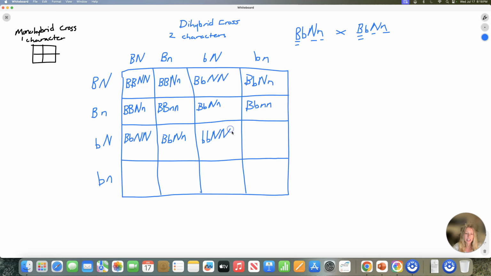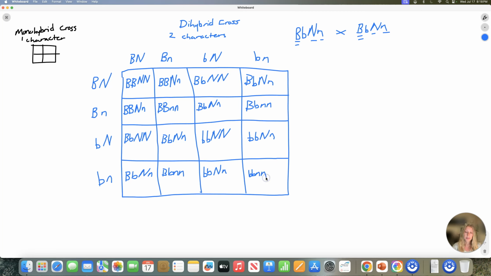Notice that I'm always listing the b's first. And then here we have 2 lowercase b's, 1 capital N, and a lowercase n. Here we have a capital B, a lowercase b, and then a capital N, and then a lowercase n. Capital B, lowercase b, and then 2 lowercase n's, lowercase b, capital N, lowercase n, and then finally lowercase b,